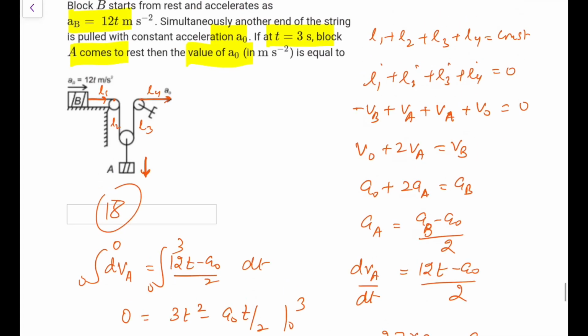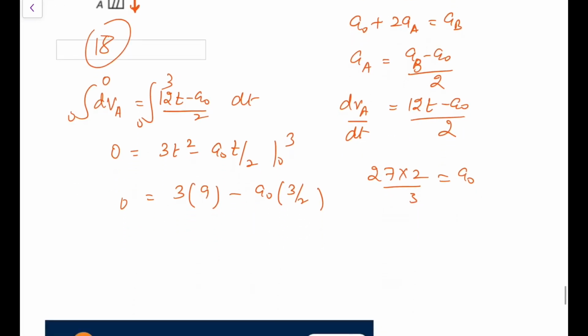So this is the standard way of first how you find the constraint relationships. Next,